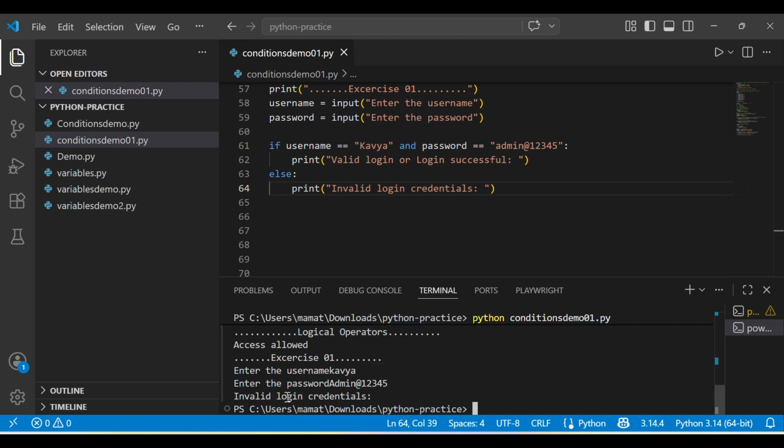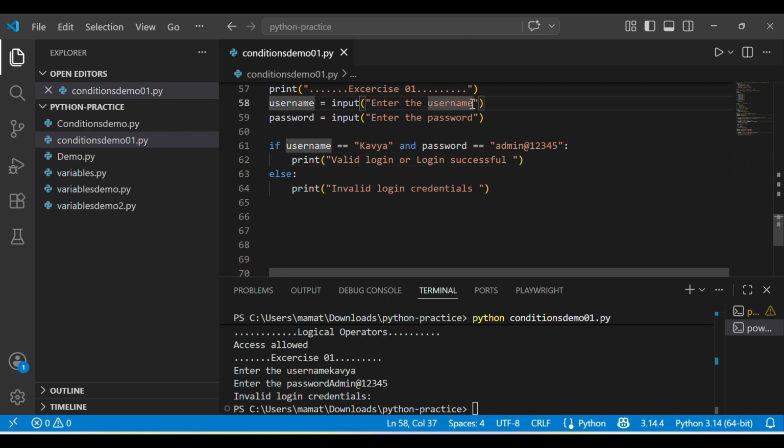So invalid login credentials I'm getting because in Python, whatever string values that we are updating are being considered with case sensitivity also. Like for example here, when we are changing uppercase to lowercase, this condition will become false. As both the conditions are false, I'll be getting to the else block and it will print the statement as invalid login credentials. Okay, so I made a mistake here,